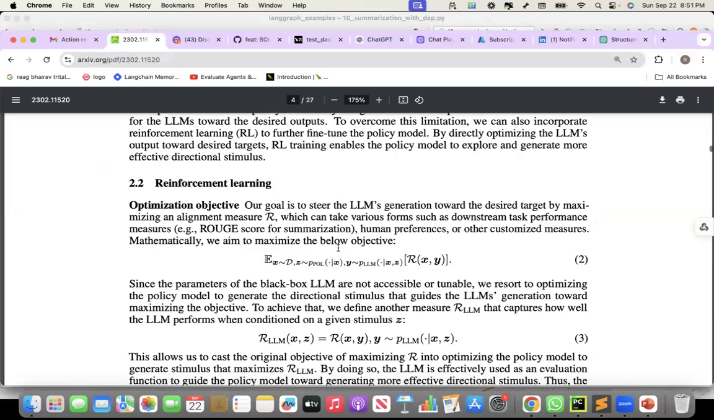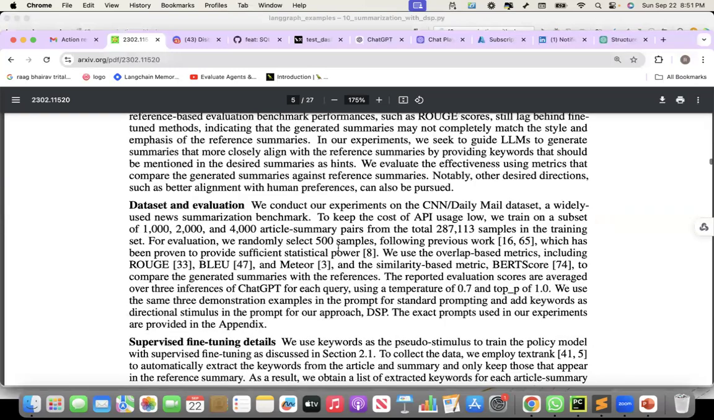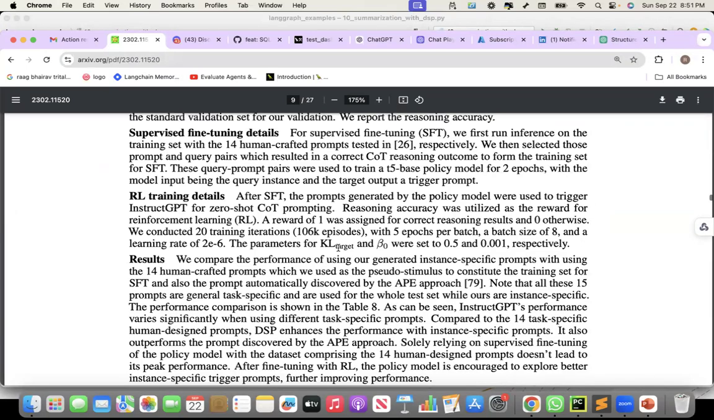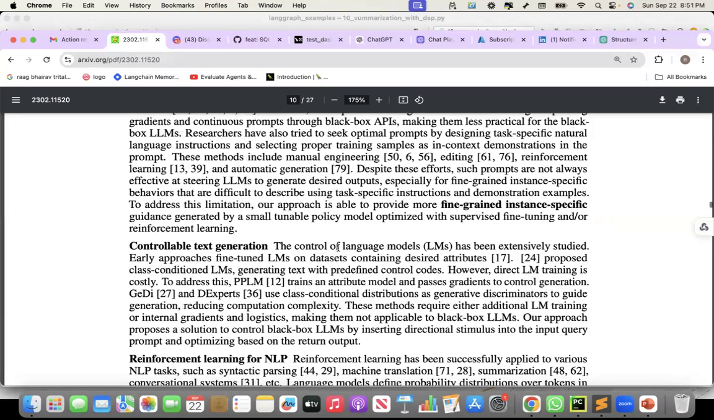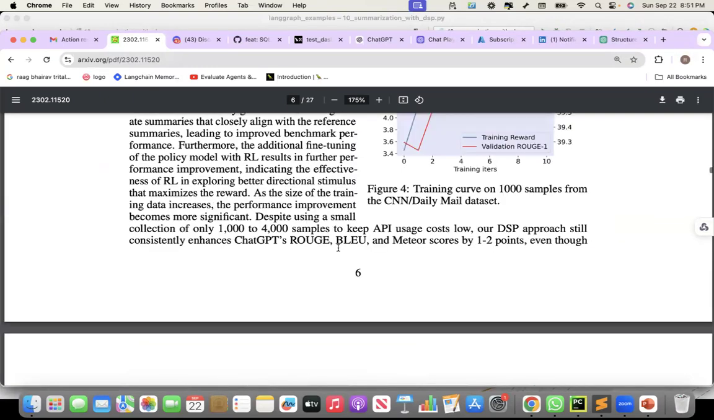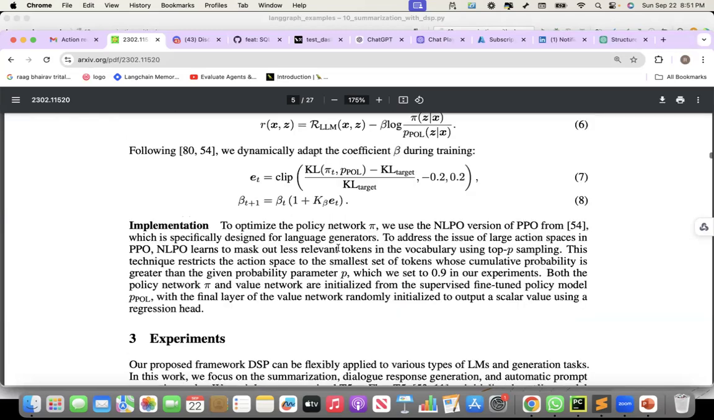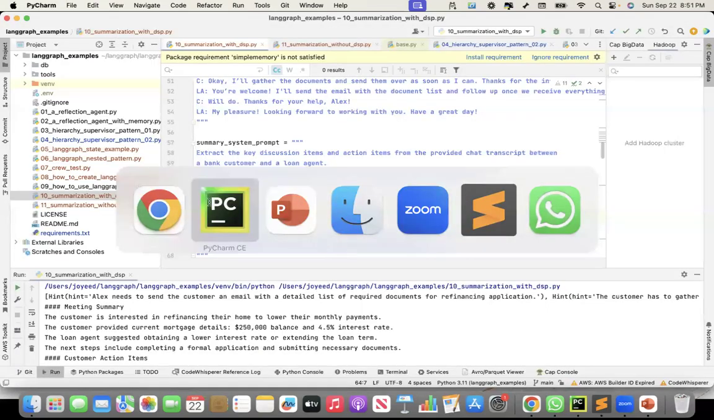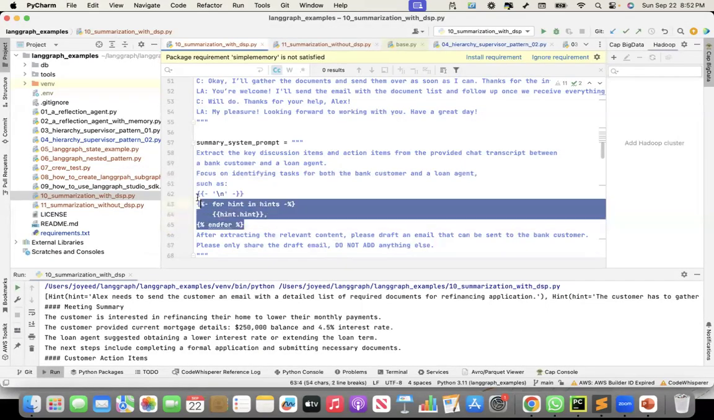I'm not sure if they have given a prompt template for this, but no. So the idea is that I will give the hint, multiple hints, through this prompt. Let's extract the key discussion items and action items from the provided chat transcript between a bank customer and a loan agent. Focus on identifying tasks for both the bank customer and a loan agent, such as, this is